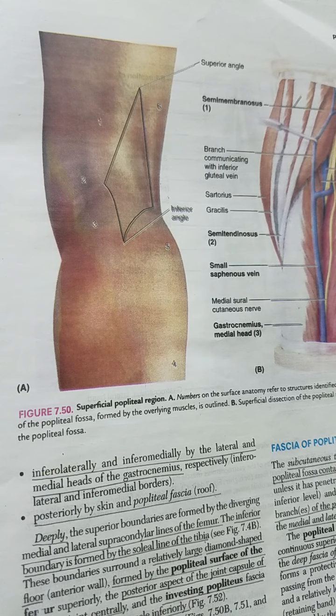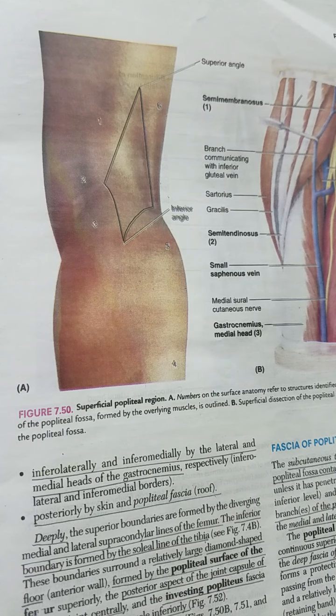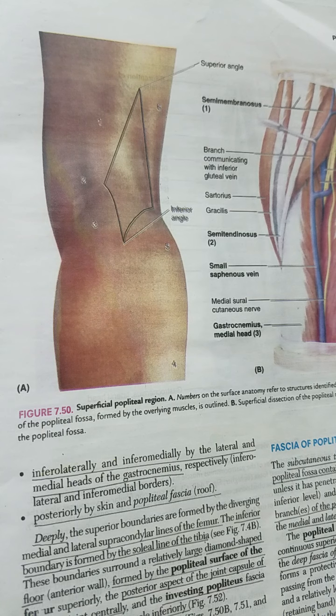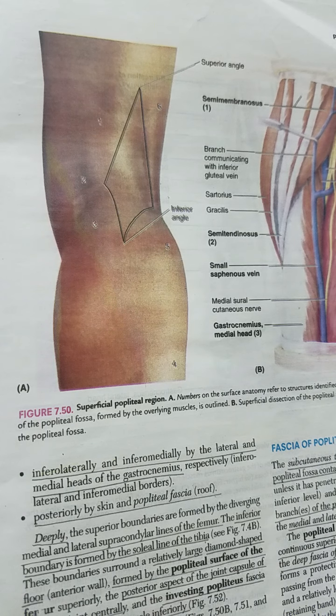It also serves as a retaining retinaculum. Remember when we talked about the flexor retinaculum at the wrist and how it prevents the long flexor tendons of the arm from pulling out. So just like that, in a milder manner, this fascia also serves as a retaining retinaculum for the hamstring tendons. Often this popliteal fascia is pierced by the small saphenous vein.